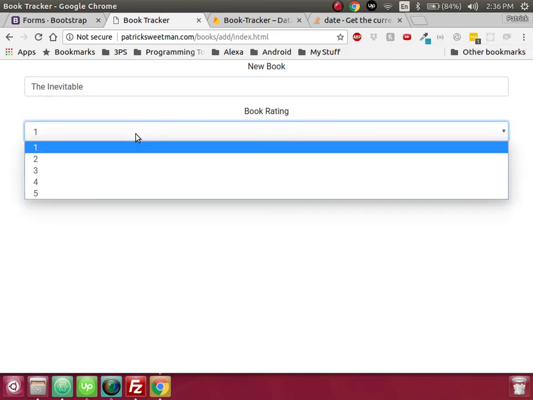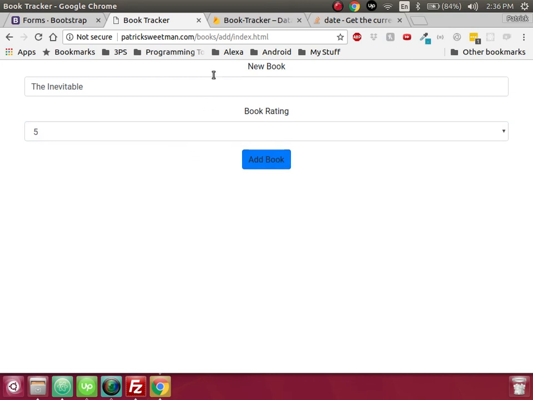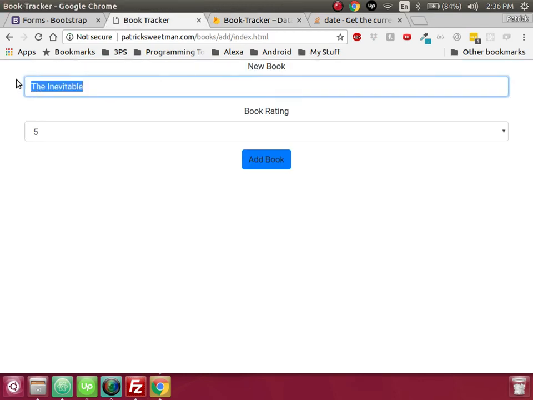And then we'll go book rating of, I really liked it, that was a 5. And then once we add it, we now have, inside of 2018, The Inevitable with a rating of 5. If we go back here, and then we write principles, which is another,